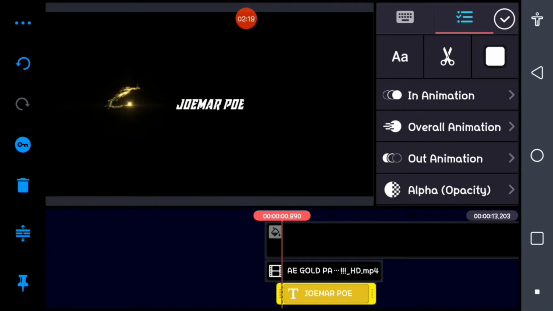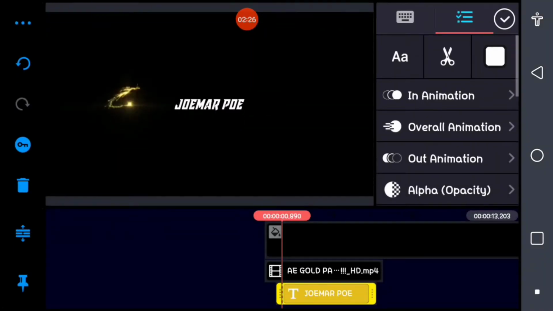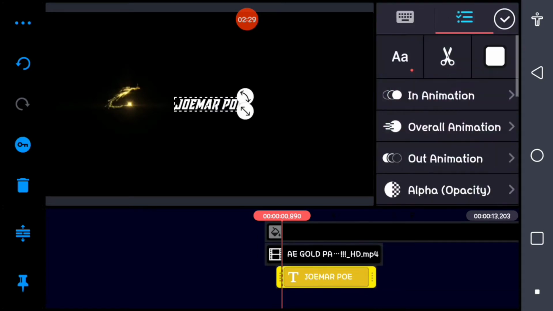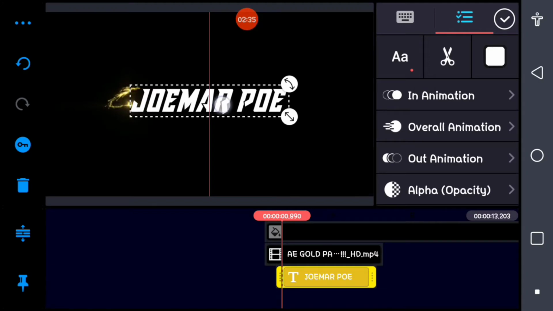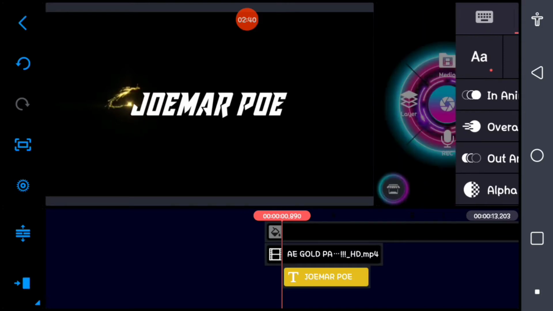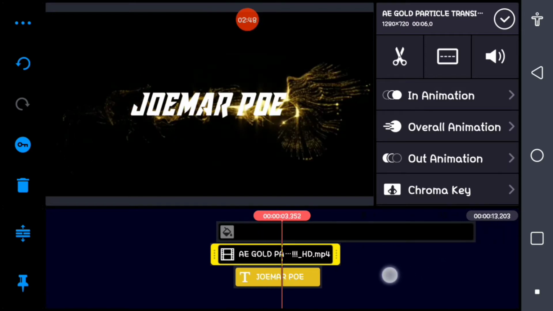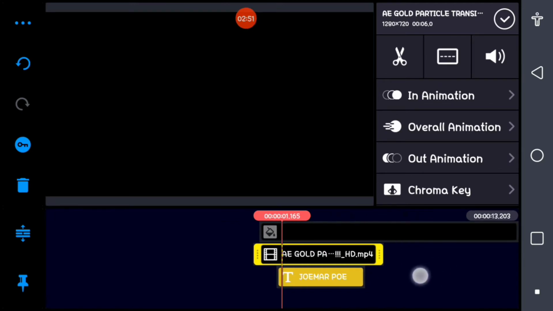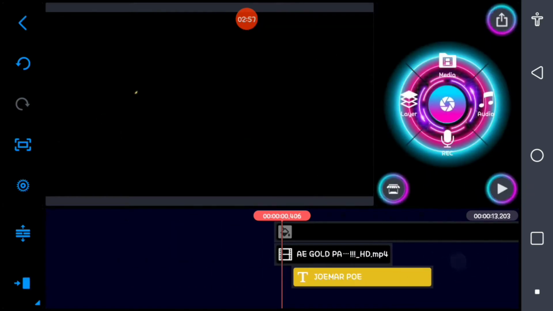And since the letter A has been cut at the edge, what you need to do is just add space here, then okay, and then just resize this text. Okay, and I think that's it. Or shall we say we're gonna move this one, and okay, that's it. So let's try. Okay, that's it. So we're gonna try to have a burn animation here, a burn color.